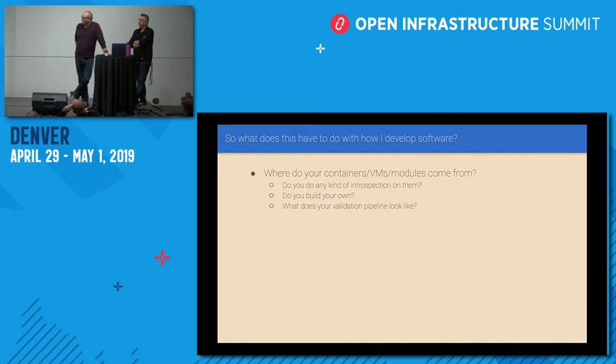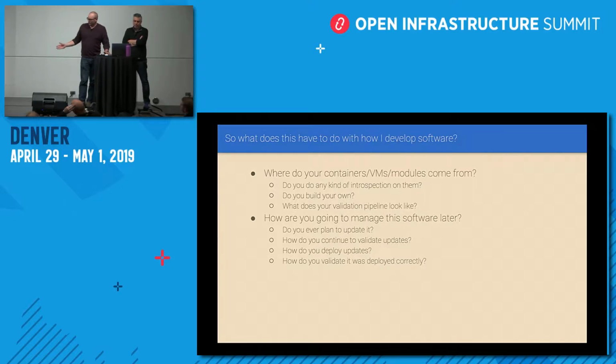We have product security baselines, or PSBs, at Cisco, and it's like this giant list of things that you have to make sure you've accomplished. From an internal compliance perspective, this is something that's been really important to us. We've had to look at all this so that we can actually not just say, yeah, we think it's updated, but we have to actually provide proof that it is. So what does your validation pipeline look like? Another good question to ask yourself.